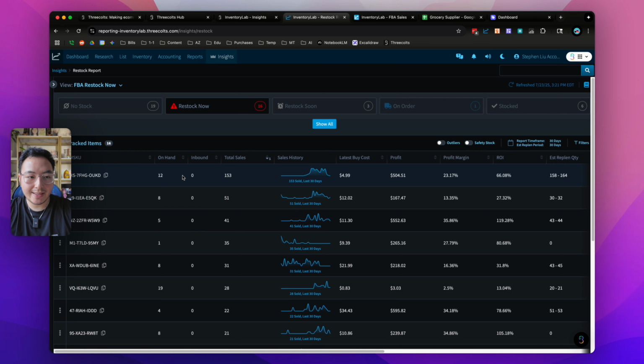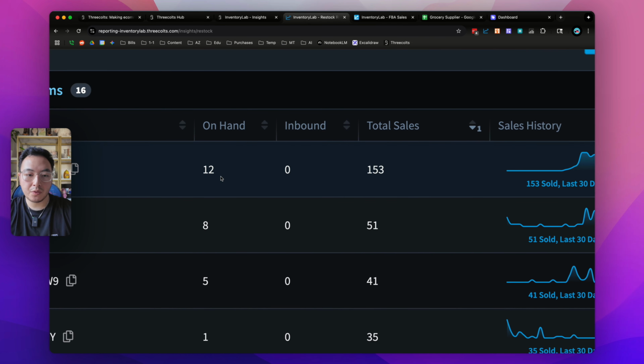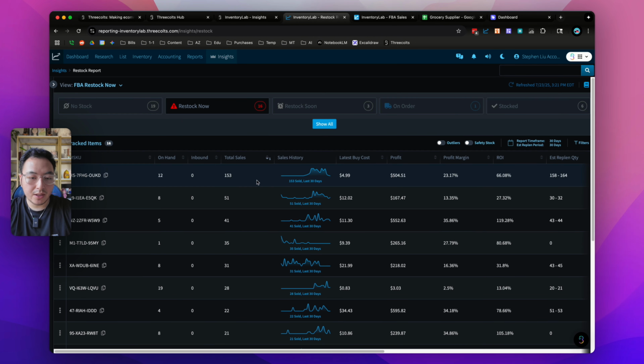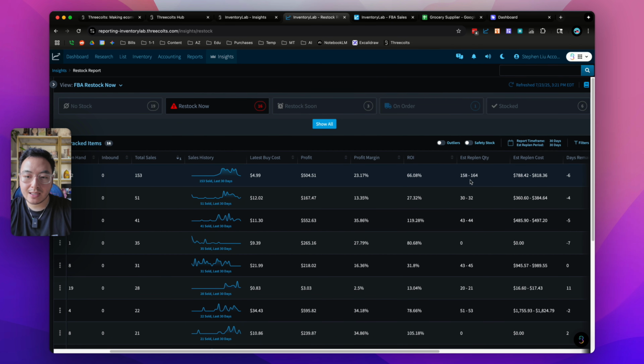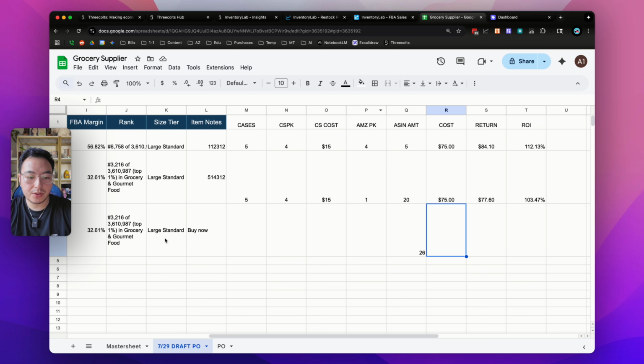I'm going to do the same thing as I did with all my no stock products, but I'm also going to consider how much inventory I have on hand in order to not be overstocked on this product. As you can see, for this product, I've sold 153 units in the past 30 days. It's profited me over $500 and is recommending me to restock anywhere from 158 units to 164 units based on my sales history. So for certain products where you have enough data, you don't really have to do that quick mental math. You could simply add it to on order and copy and paste it onto your purchase order with